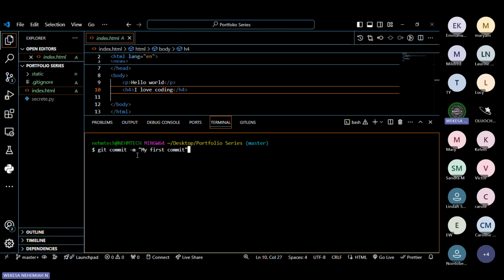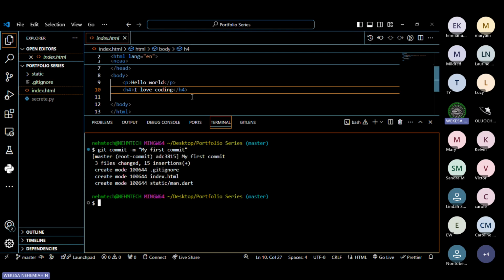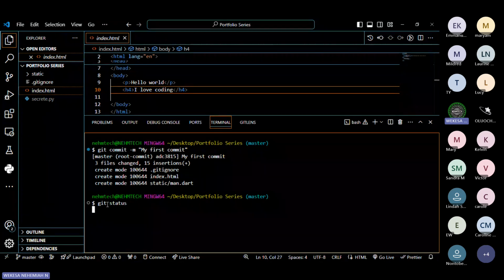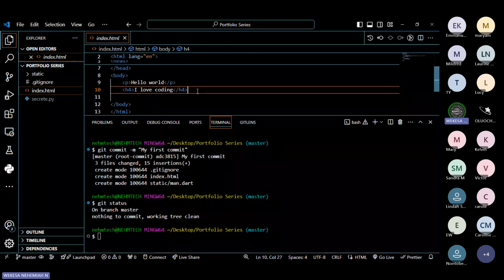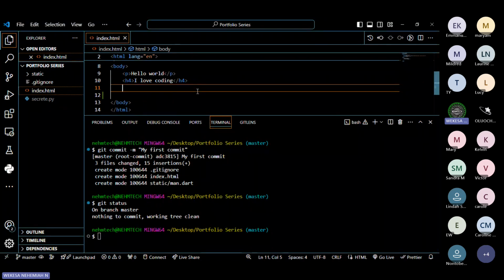Remember, anytime you modify a file, make sure that you first of all do git add before you commit. Otherwise, it will tell you that no changes have been made. So now when you do this way, then you can see the files have been tracked. When you do the git status now, it will tell you nothing to commit, like everything is saved. But as soon as I modify it a bit, for example, let's say,